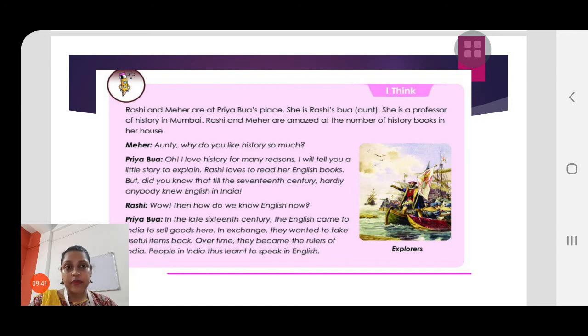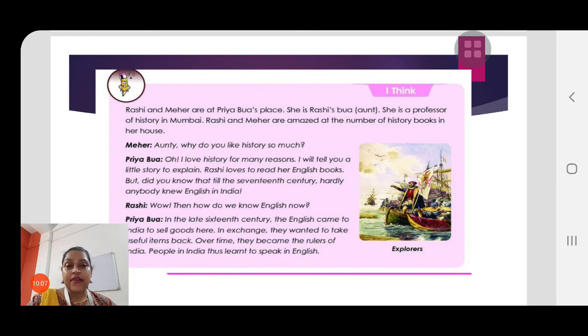We shall stop here, and children, you just go through the lesson so that it becomes clear to you. Already I have given you a gist of the lesson, what we will study in this lesson, but you just read it as a story. It will be very interesting to you. Then in the next class I'll proceed with the lesson. I think next class we have a live class, so it will be more interesting.